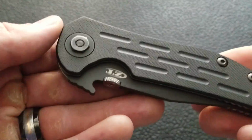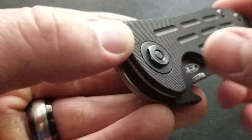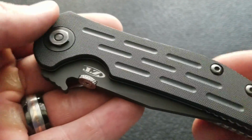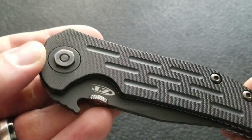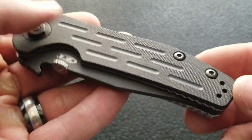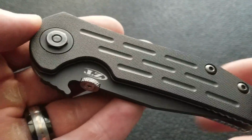It's tuned about perfect for this knife. You've got that sort of socket head pivot that goes along with the hard use theme, or just the hard use appearance of this knife. I think it's a little bit unnecessary, like it was on the 0909, and I said it didn't really bother me then. It doesn't, but